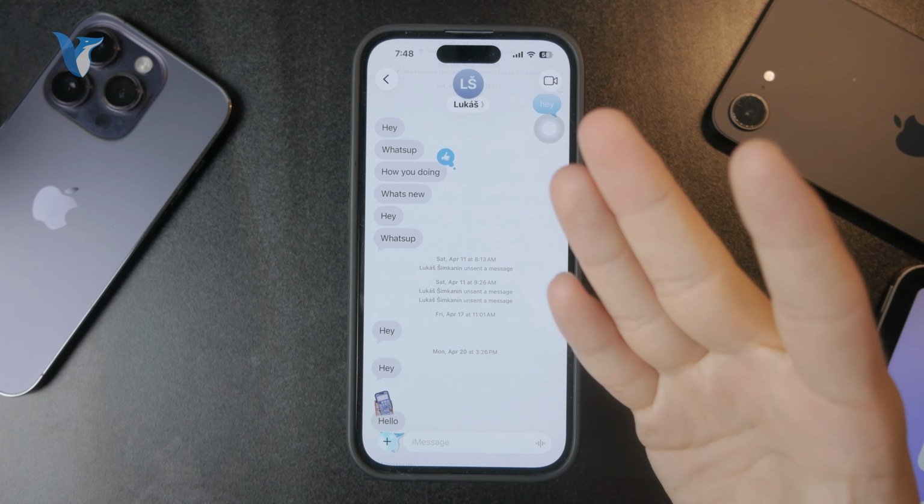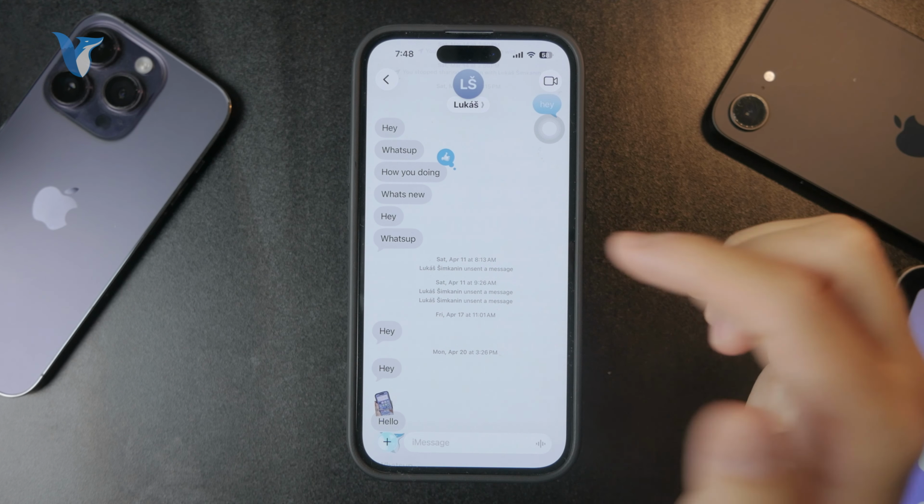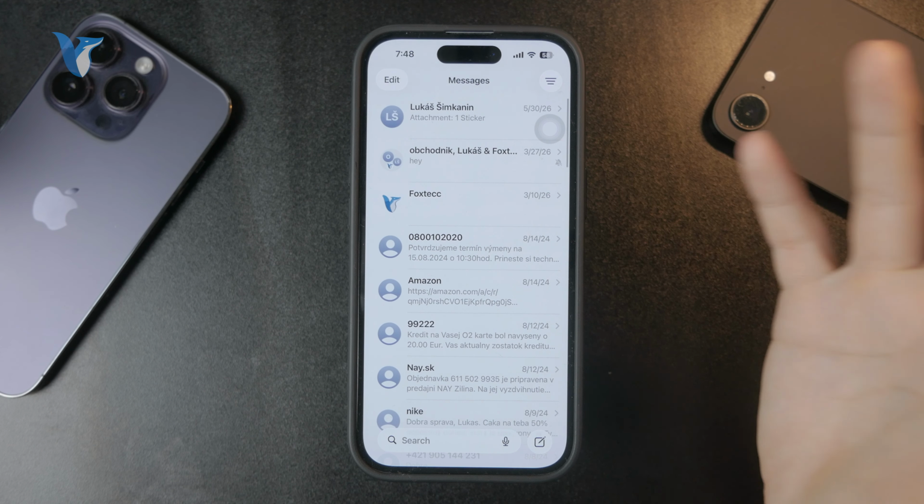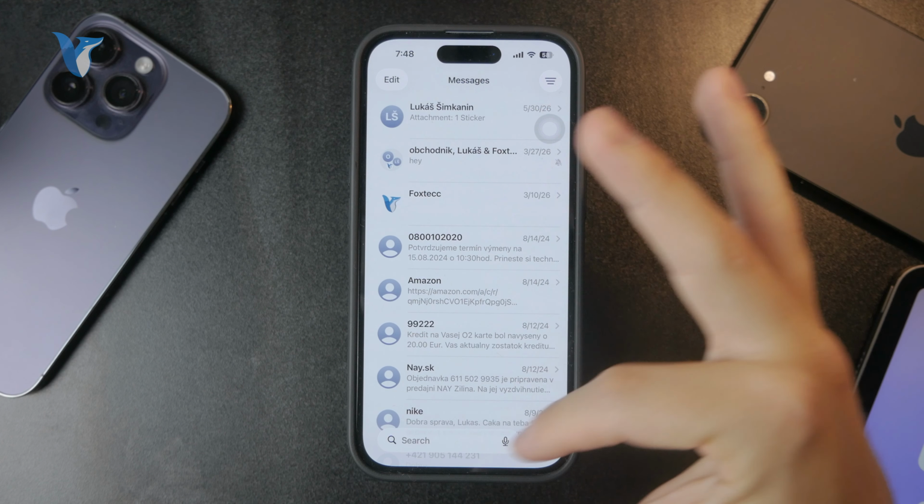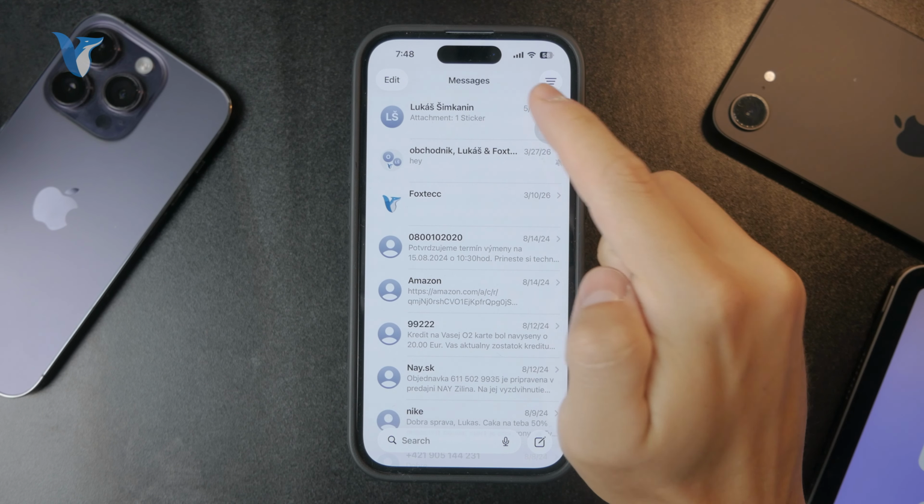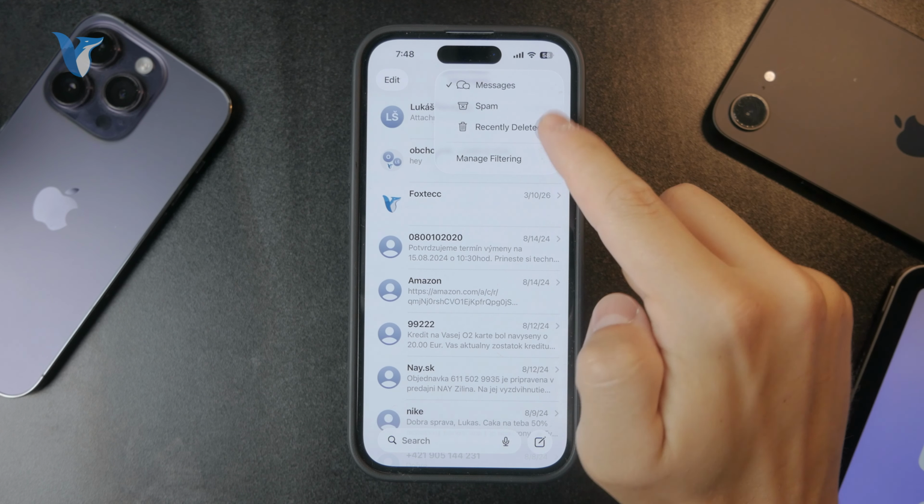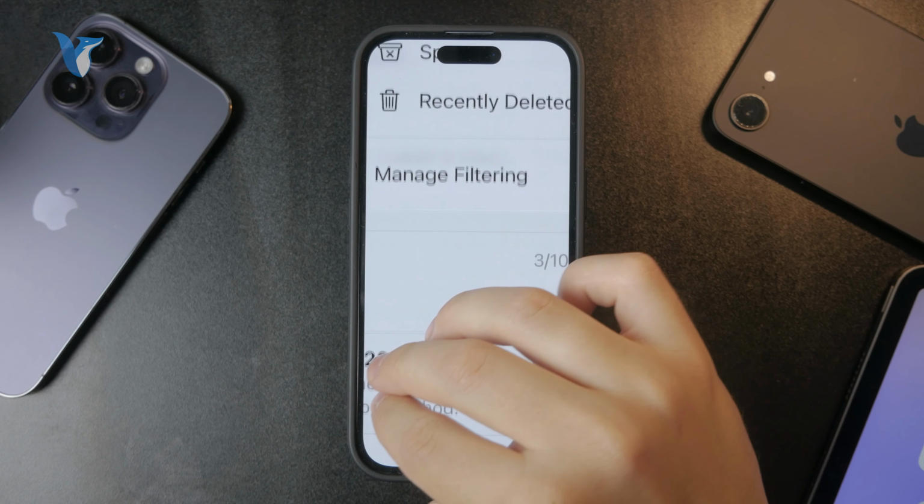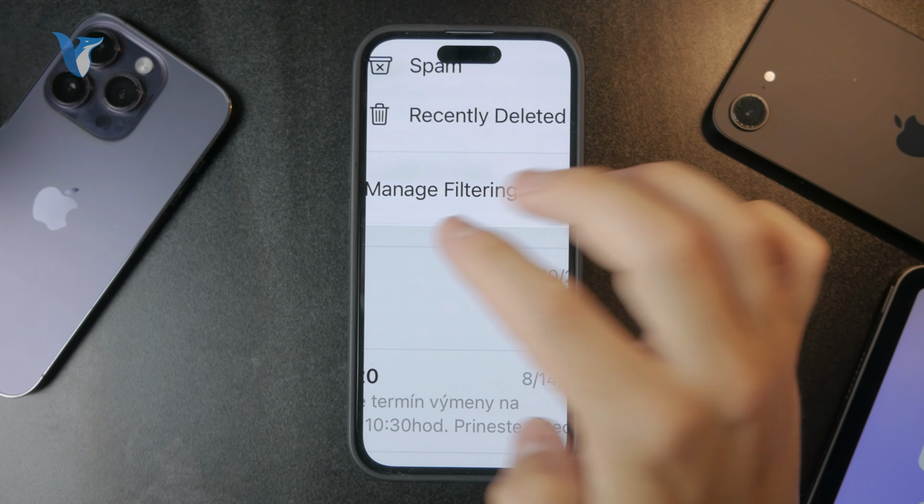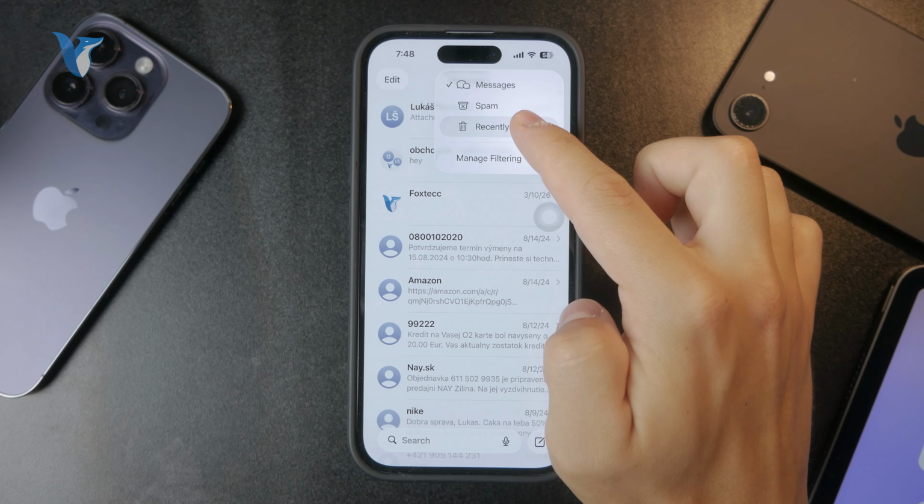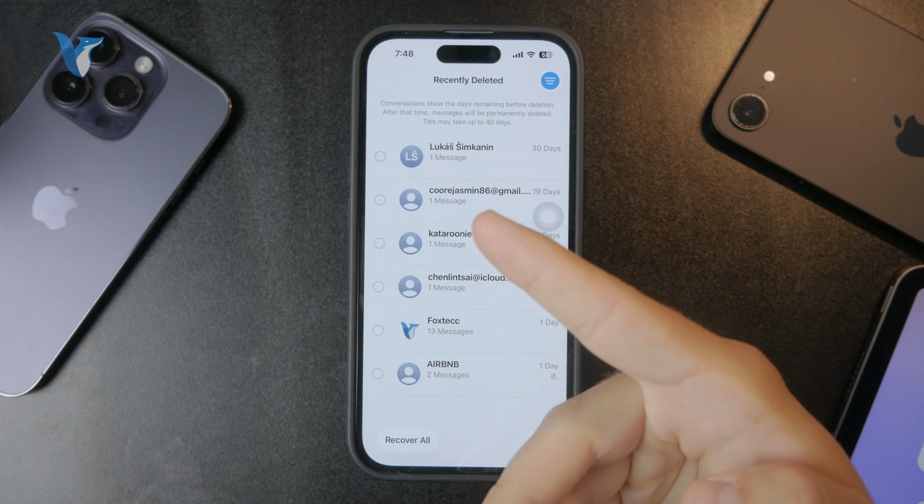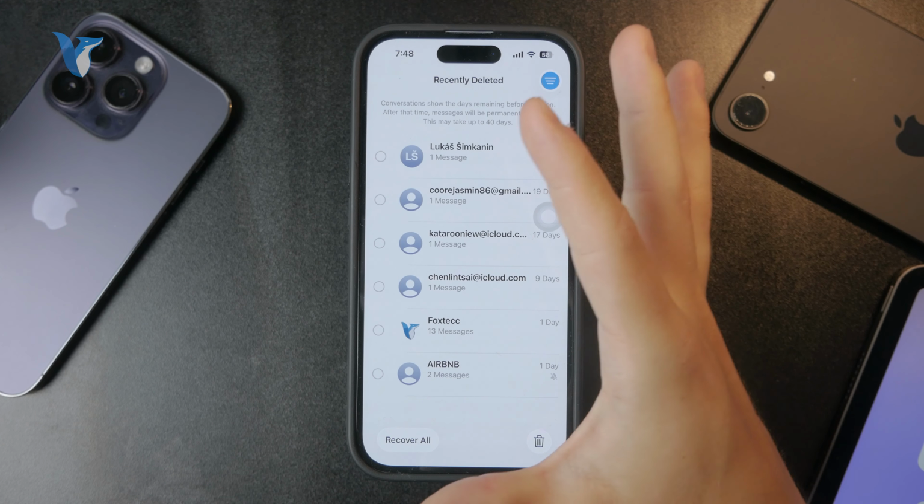But where exactly are the messages now? So you can come back to the main screen, the main conversation list within the Messages, and at the top right we have the filtering icon. So you need to tap on this and essentially you should be able to find the Recently Deleted folder. So this is what it looks like. It has the trash icon, so you can click there, and here is the list